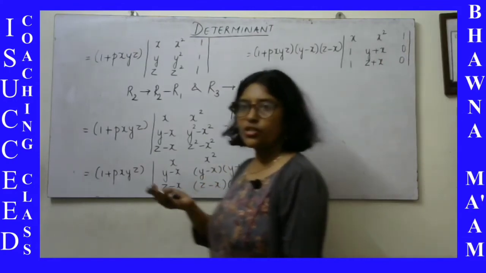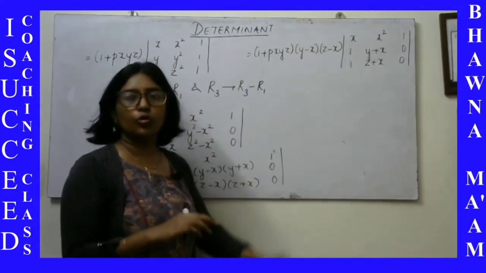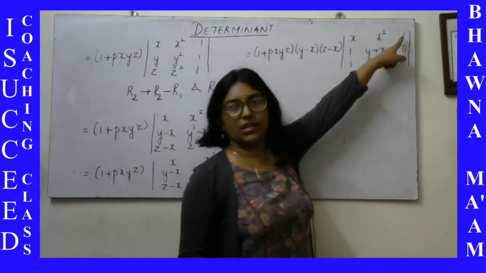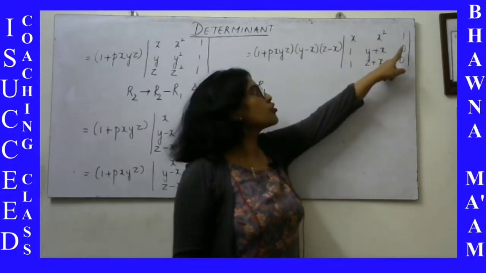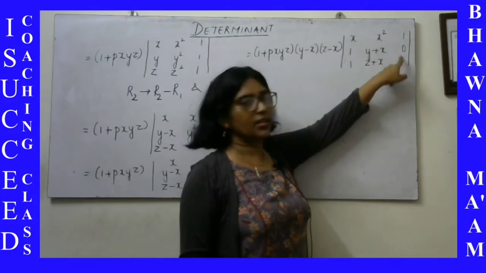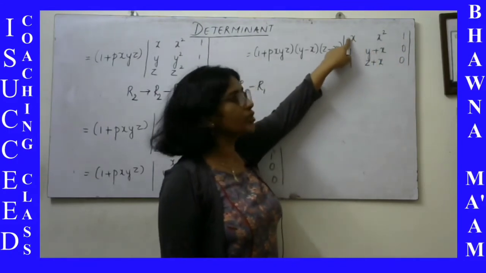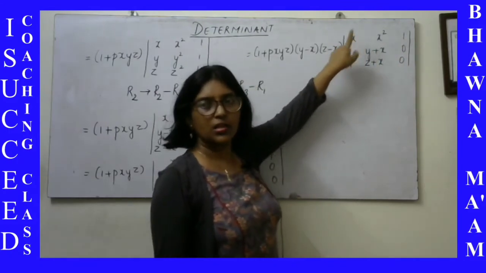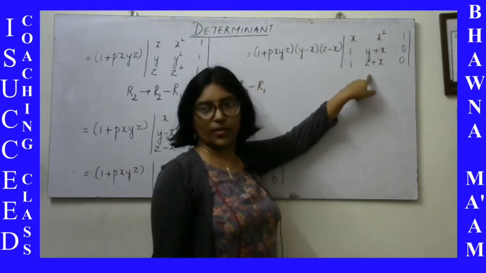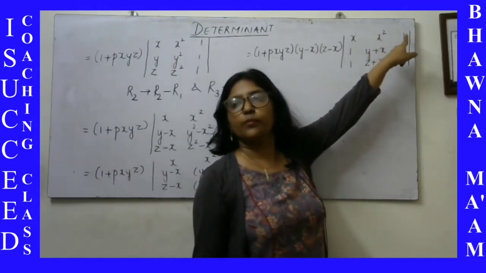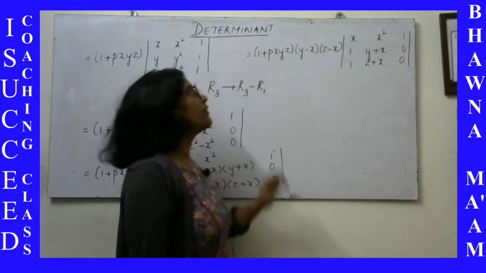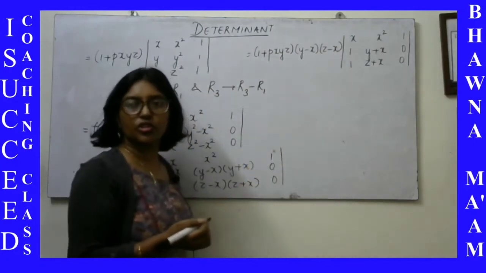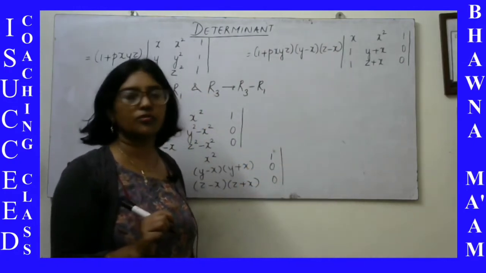We will try to expand from the column where we have more zeros, as it would become easy, like this one, column 3. So it is plus minus plus. It goes like this: with column 1, plus minus plus; with column 2, minus plus minus; and with column 3, plus minus plus. That is according to the cofactors, which I have also taken up in one of the videos if you would like to see that.